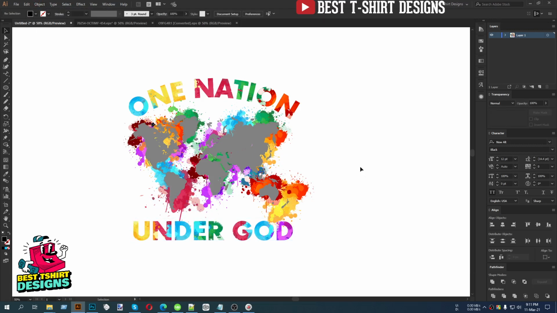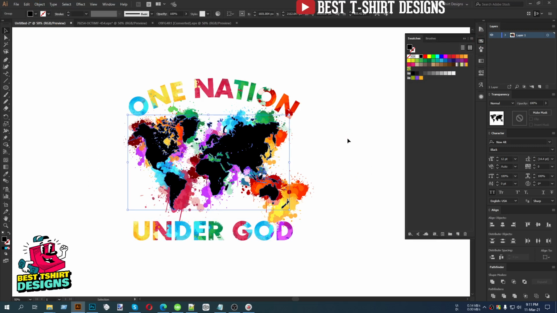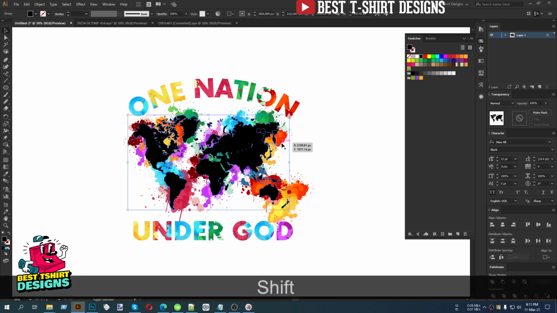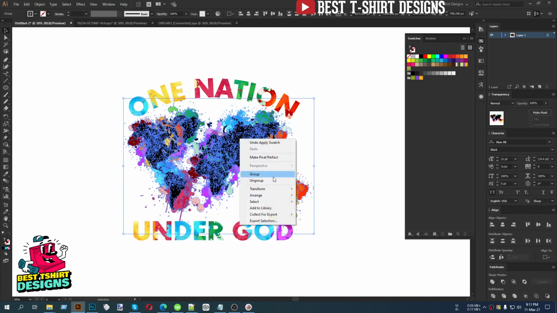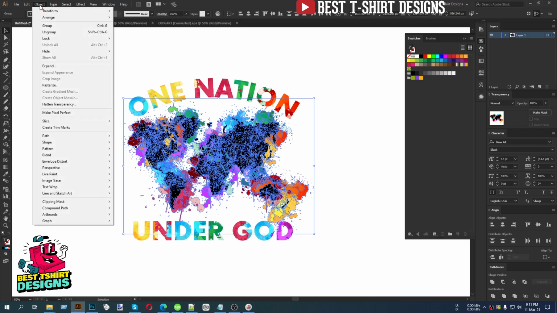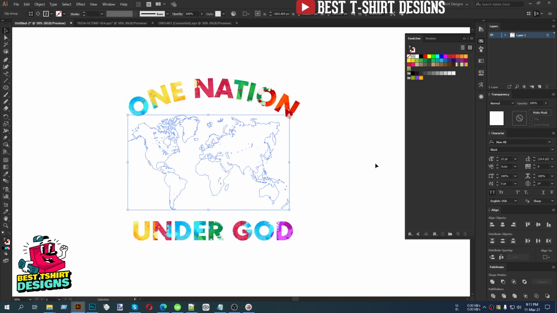So that is fine. Now for this world map here, let me show you. If I make it black, it will be visible. So it is covering all the area with the details, that is fine. But this is a shape on top, and there are some other shapes in the background. If I select them, right click, there is no clipping mask option here, but we can try it from here: Object, Clipping Mask, Make. But this is going to give me a warning sign, and this is going to be like this.